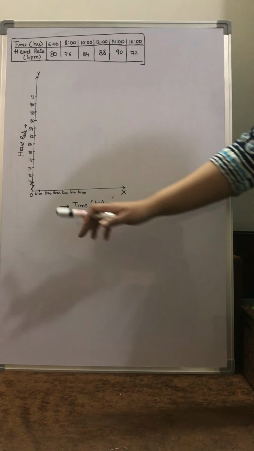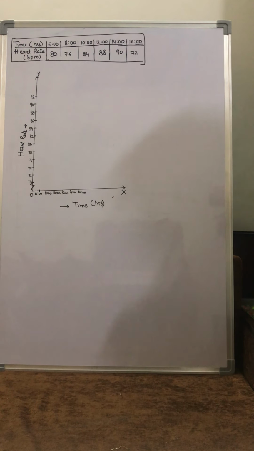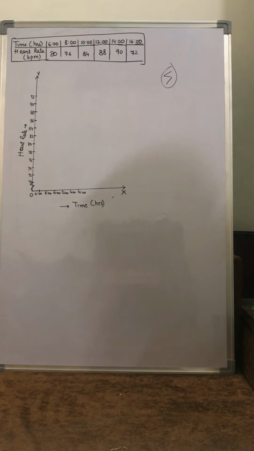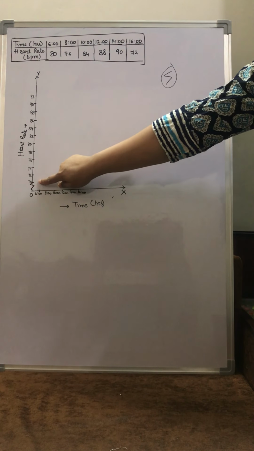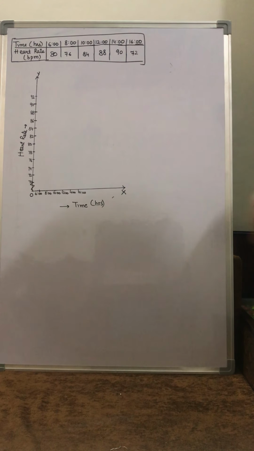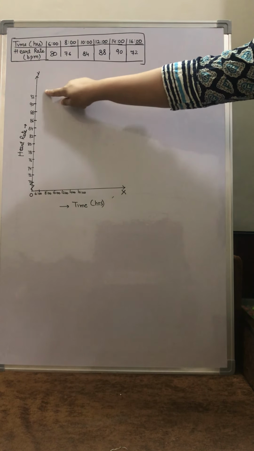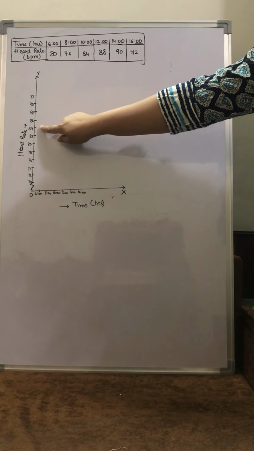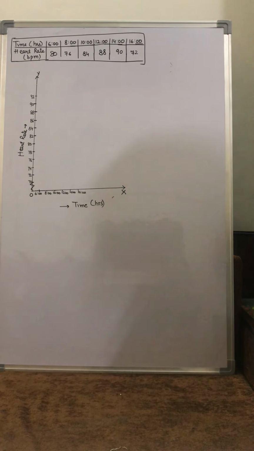So what I have done, I have used a kink. What is a kink? We draw it like this. This kink shows the break. It shows the disconnection in a graph. So I have drawn this kink, children. Now kink means my graph is disconnected from this point and has been directly joined with the point where the reading was 70, right? So after 70 I have taken a 2 unit difference, 70, 72, 74, 76, 78, 80, 82, 84, 86, 88, 90 and 92.